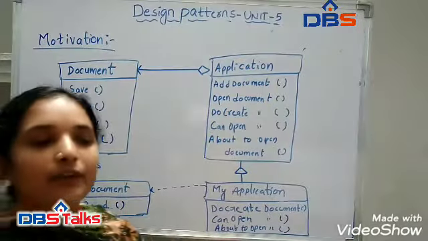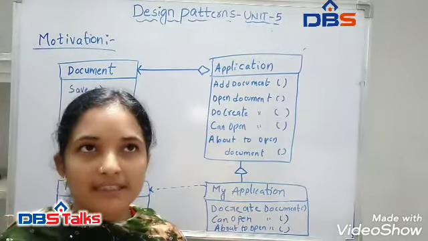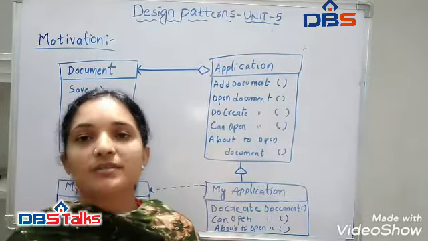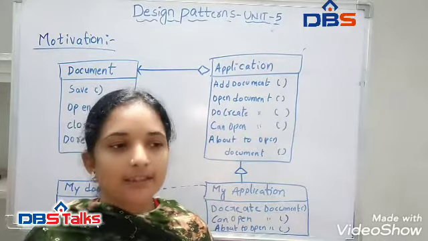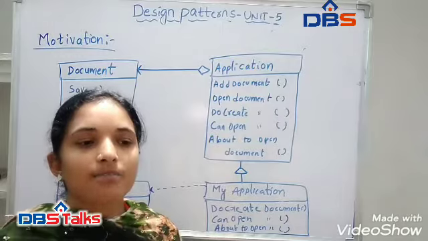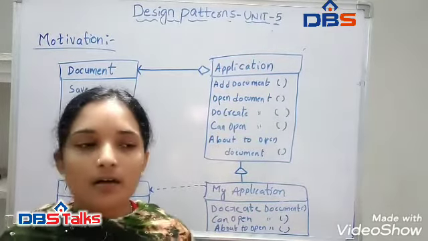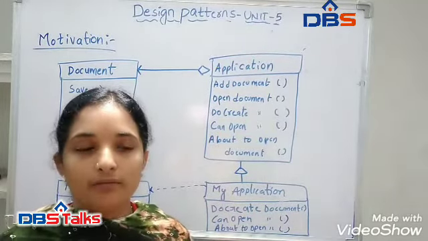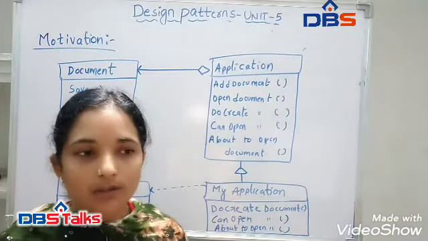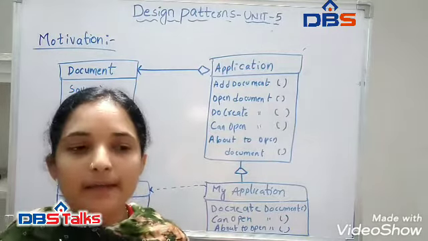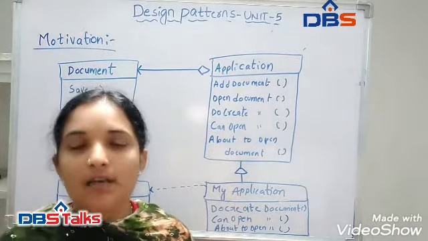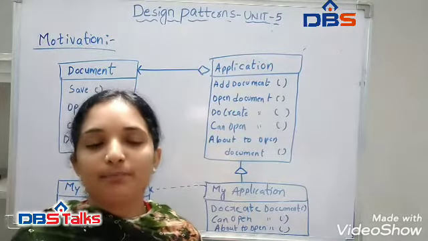Next, coming to the applicability. Applicability means in which situation we are going to use this template method. When the behavior of an algorithm can vary, the subclass implements the behavior through override. When we want to avoid code duplication, we implement variations of the algorithm in subclasses. That is called the applicability of the template method.